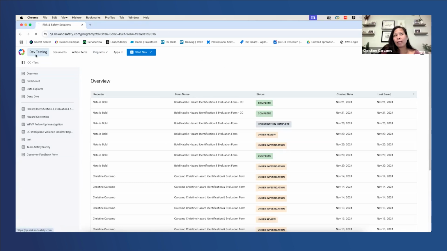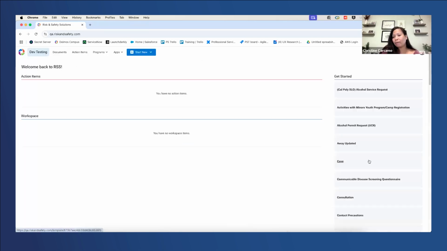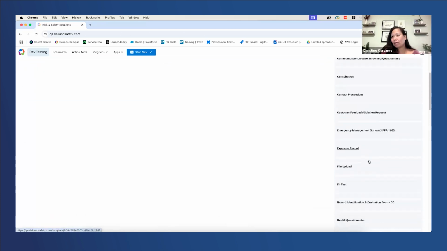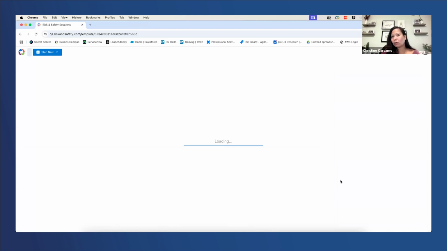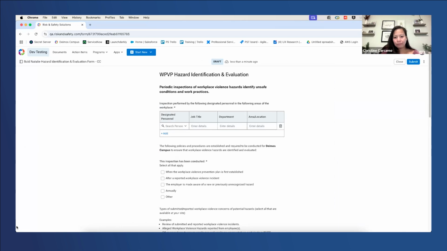So now I am going to go ahead and run through scenario 2. This is where hazards were identified in regards to the parking lot area. Again, going as the program admin, I'm going to start the hazard identification form. Select the form here.